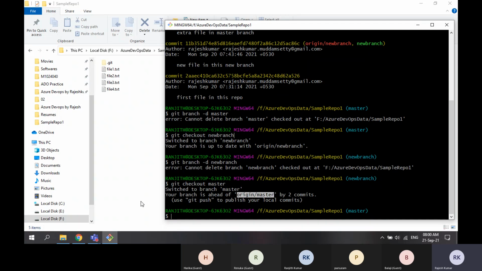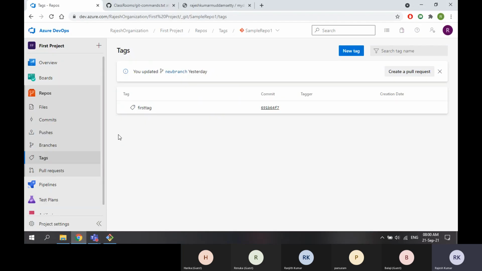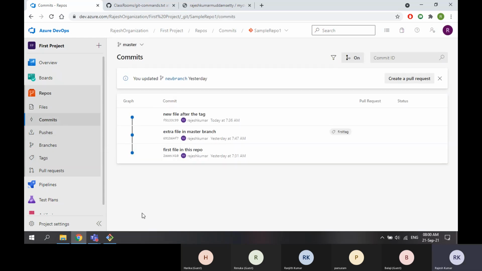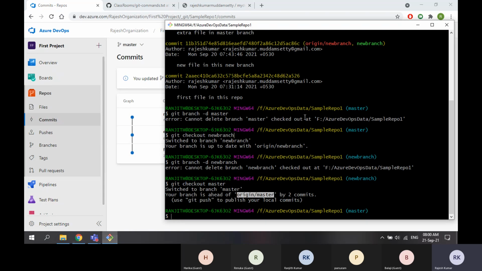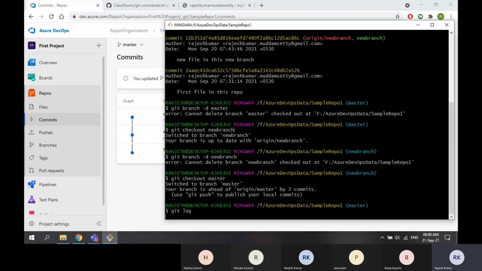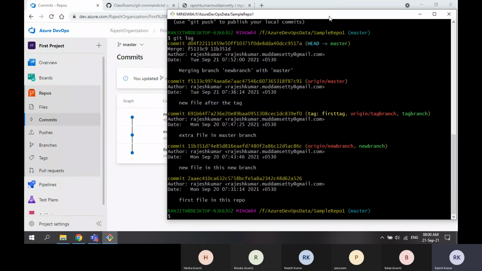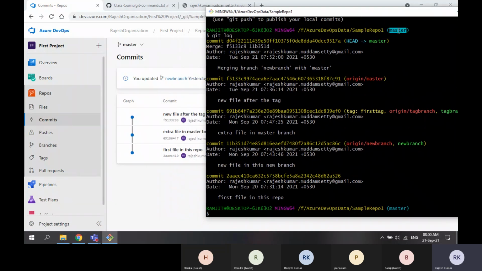Now, if I go to the repository and go to the commits, see the master branch. If I go for git log, in the master branch, this is the local repository, I have 1, 2, 3, 4, 5.